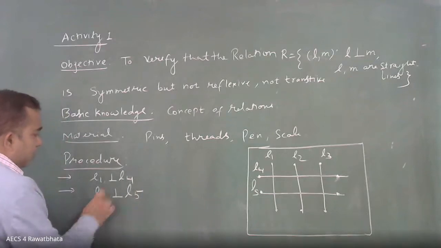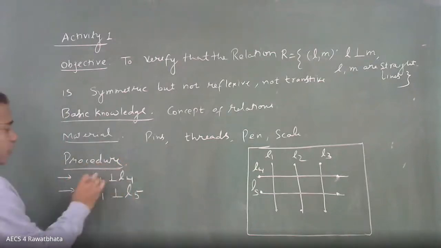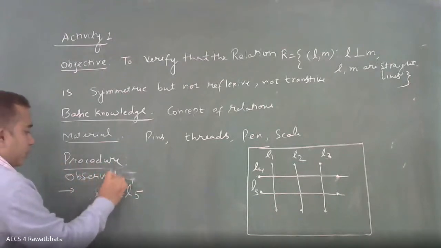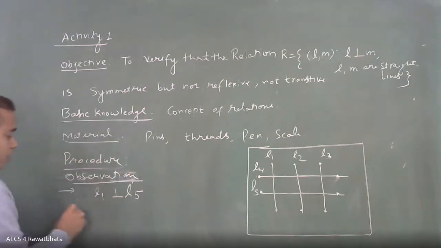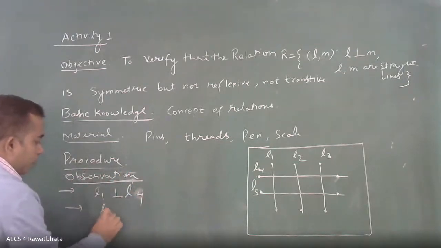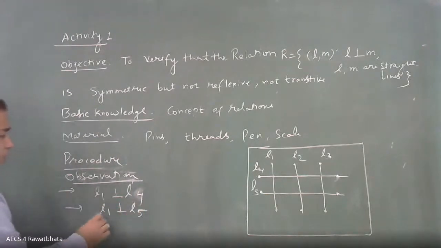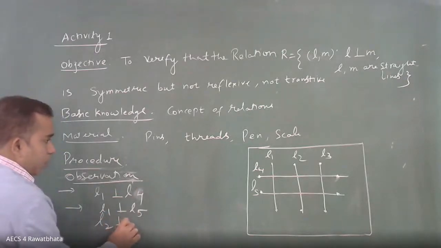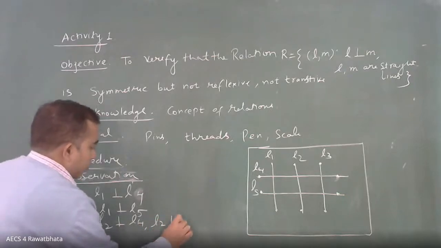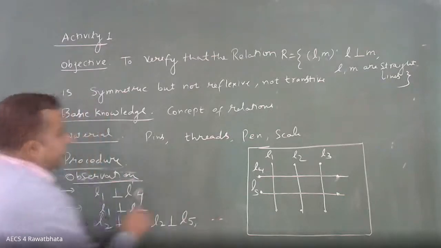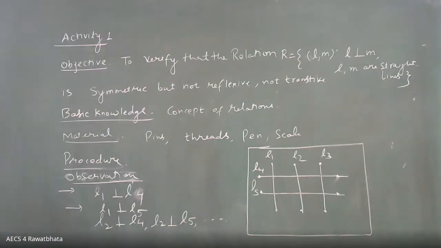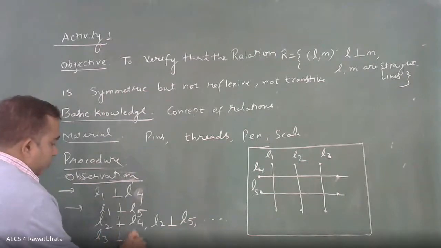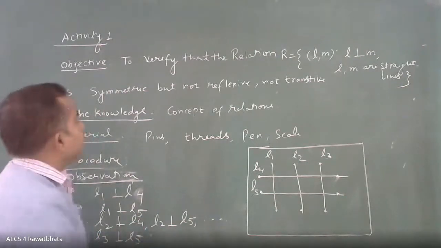These things you can write in observation actually in the next heading. Procedure you can write, and these things observation you can write. Then L1 is perpendicular to L5. Similarly, L2 is perpendicular to L4, L2 is perpendicular to L5, etc., etc. All the things you can write. Similarly, L3 is perpendicular to L5, etc. And then if you write R,